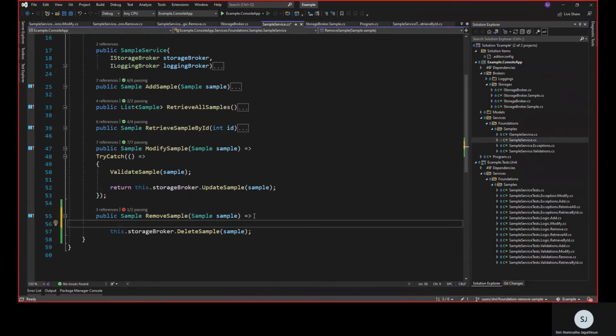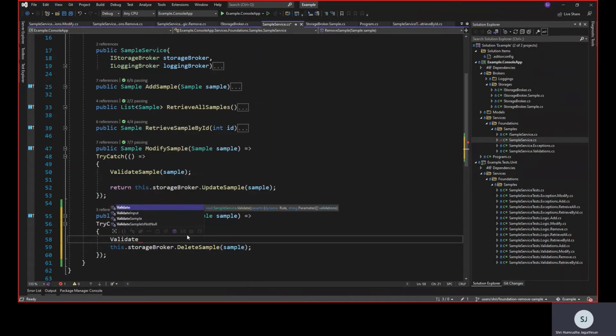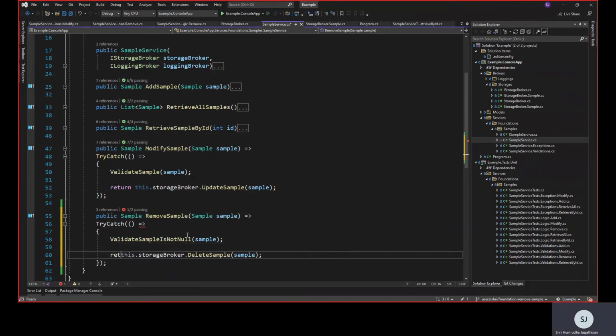So let me get this method inside this. And what I need to do is validate. Validate sample is not null. And this needs a return statement because we're saying the contractor is going to return back a sample record, right? So let's get to the